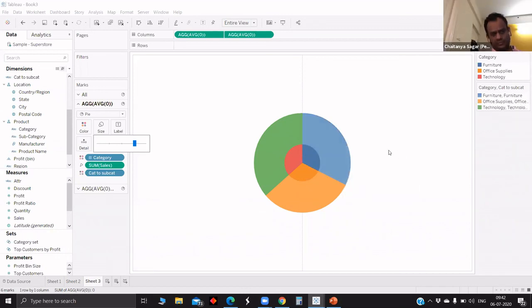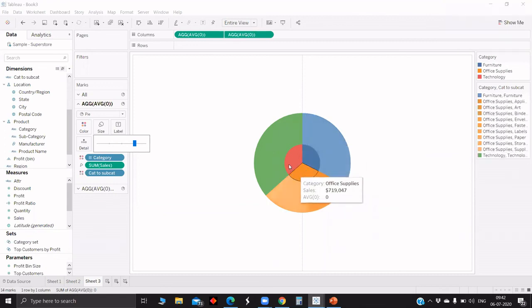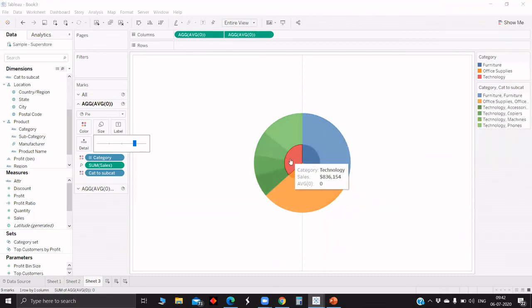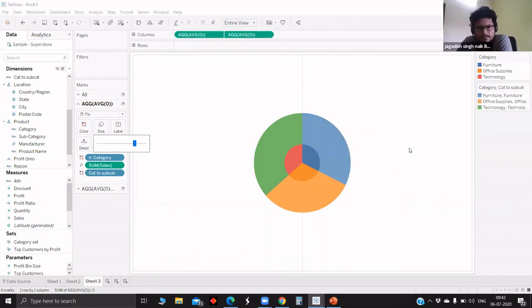We achieved this by using the set actions and the calculated field which we made using the set. So this is known as the drill down pie chart. As you can see, once you are over the furniture category, you can see all the cases like chairs, all those which come under the furniture category. Okay, that's all for today from my side.